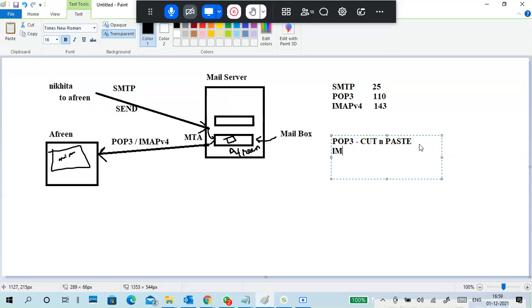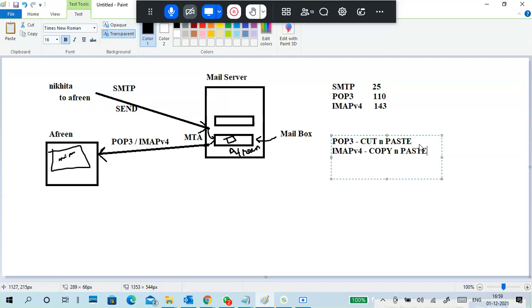Next one is IMAP version 4. This is like a copy paste type, Control C, Control V, just like both sides.